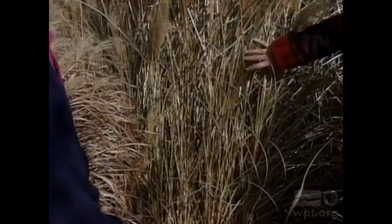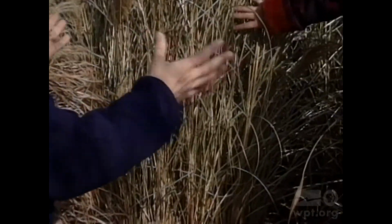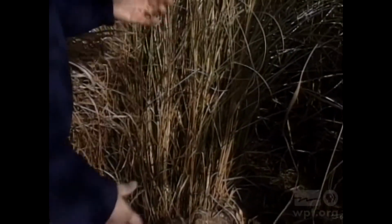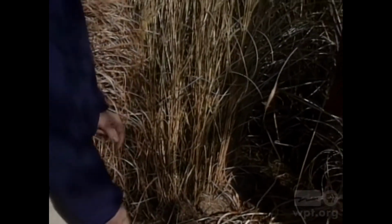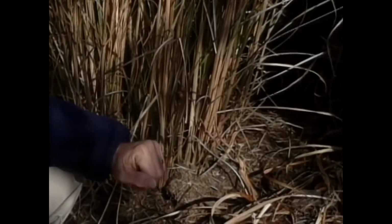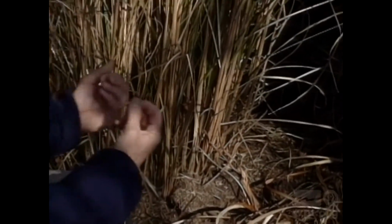Now this stays here all winter? Actually, yes, you definitely want to keep this here all winter long. But in the spring, when you're just hankering to get out in the garden in late February, early March, you get in here and you cut out all of the old foliage. Cut it back to the ground? Cut it back to about an inch above the ground,